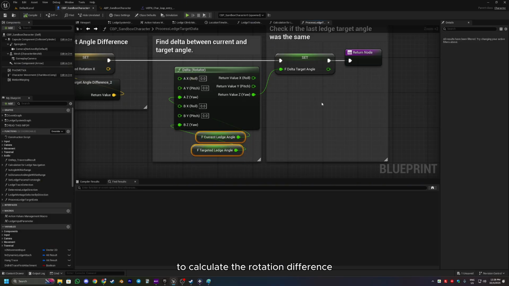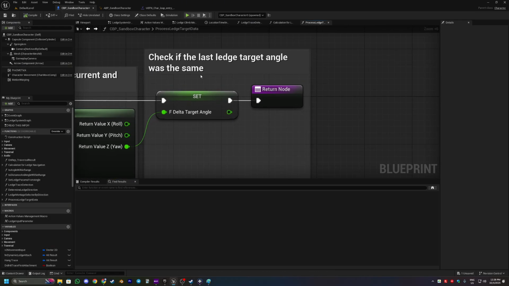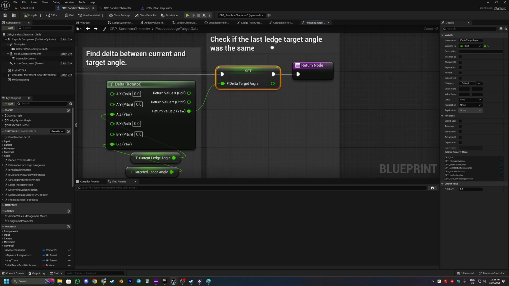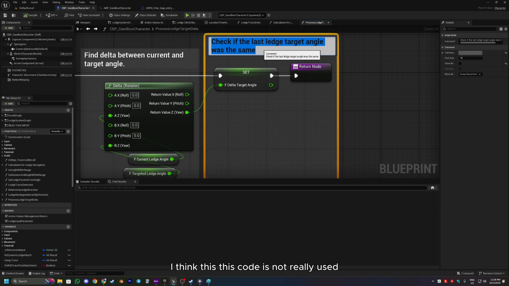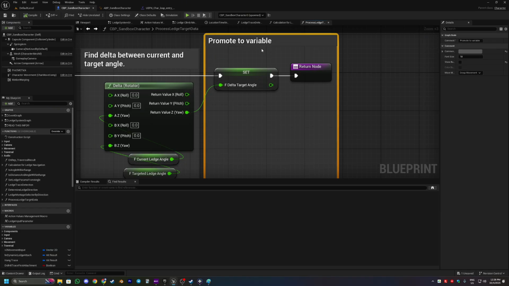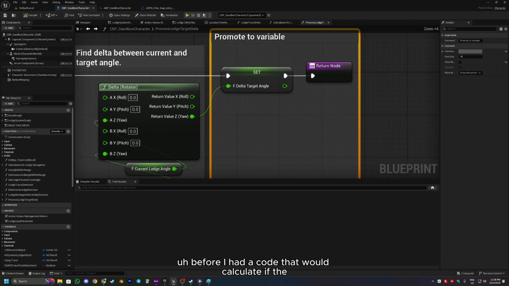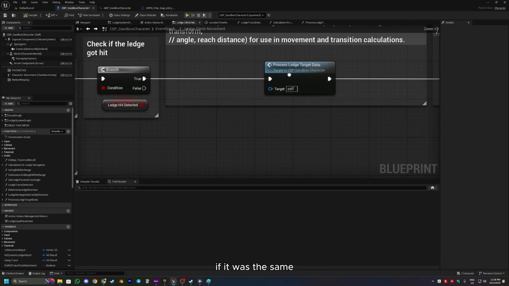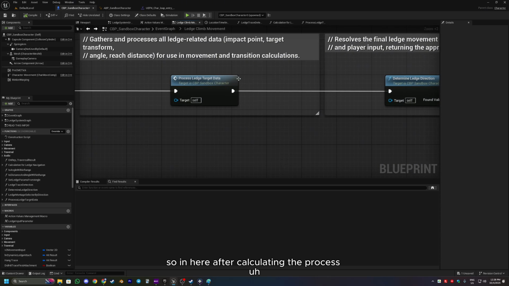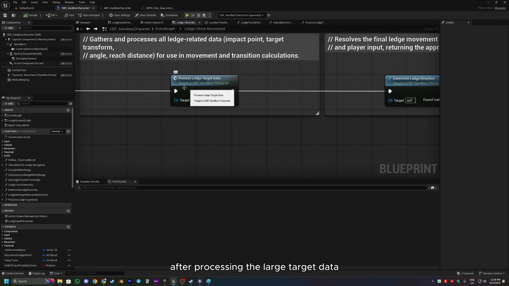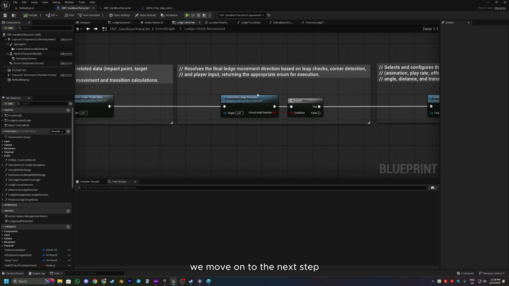To calculate the rotation difference and check if the last ledge target angle was the same. But I think this code is not really used, so we just promote it to a variable. Before, I had code that would calculate if it was the same. So in here, after processing the ledge target data, we move on to the next step,